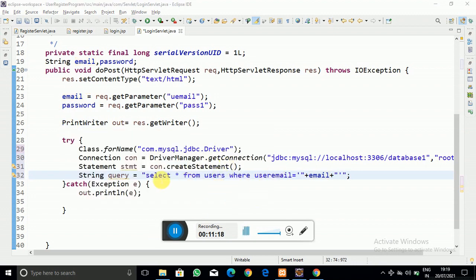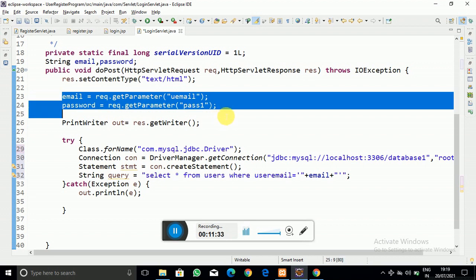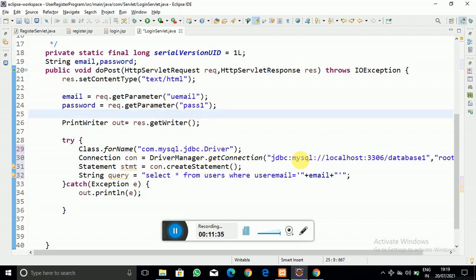We have to match the email id and the password in our database with whatever we have accepted. As you can see, we have accepted the email and password from the user, and we have to check that content with our database content.